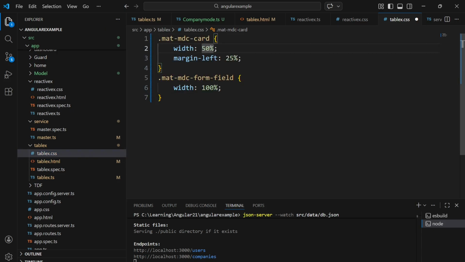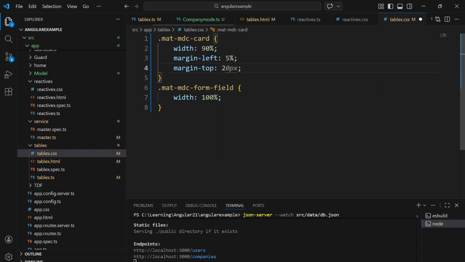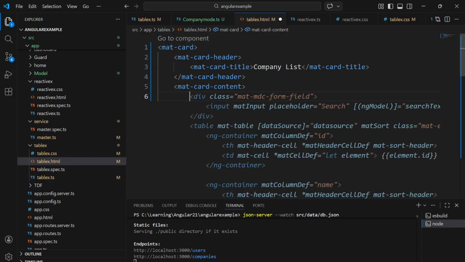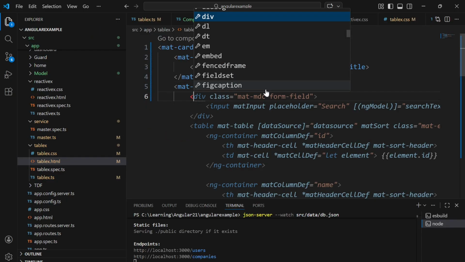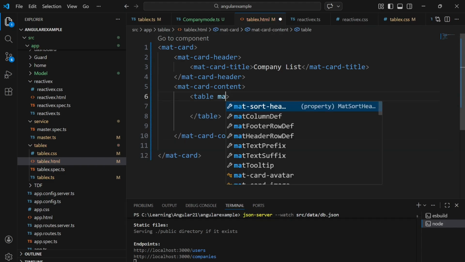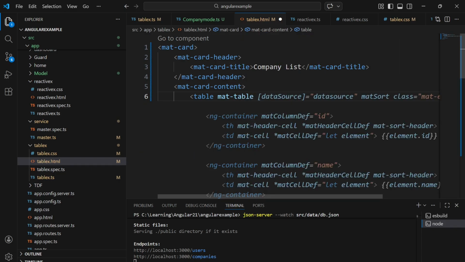Here the percentage we can provide as 90. The margin we can provide as just 5, and additionally adding margin top 2%. Okay, this is fine. So next, in this mat card content, I am including this table, and in this table we can add the directive mat table. Then let me include the data source